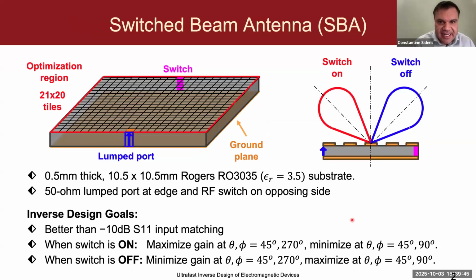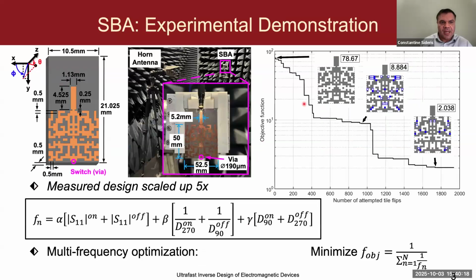Okay, let's look at another design example. This is also a 30 gigahertz antenna, but we wanted to do something a little bit more complicated here. This is a switched beam antenna. So we use a similar substrate, also the same Rogers material, except now we have a lump port at the edge to make it more practical for driving and for fabricating the actual thing, experimentally demonstrating it. And on the other edge, we have a shorting switch where we wanted to design an antenna such that if this switch is left open or shorted, the far field beam pattern rotates completely from one direction to the other. So this is the finalized design that we had.